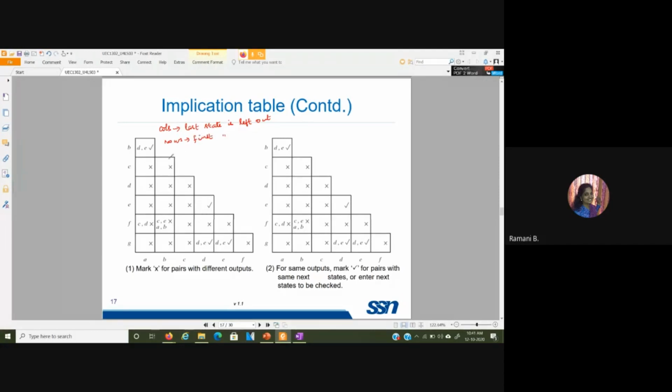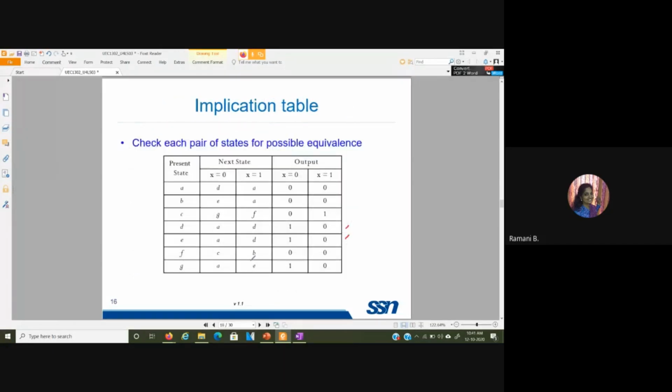So you will have the rows from B to G, and along the columns you have A to F. Now we compare each and everything. State A should be compared with all of these states. B should be compared with all of these. Likewise we go.